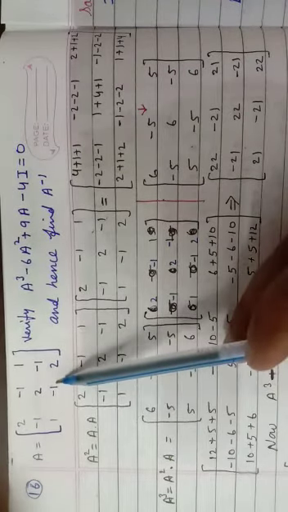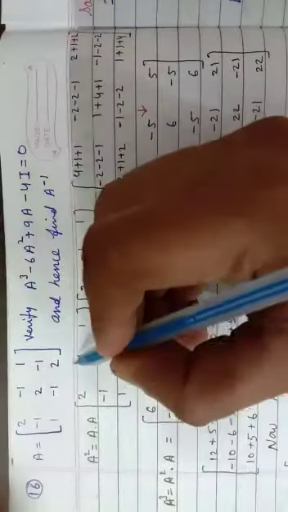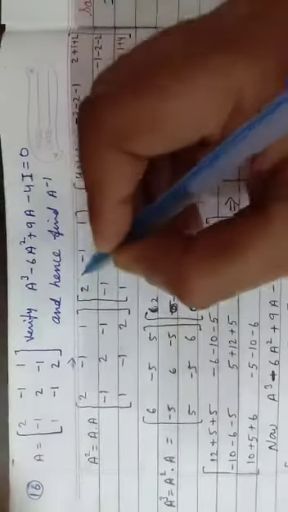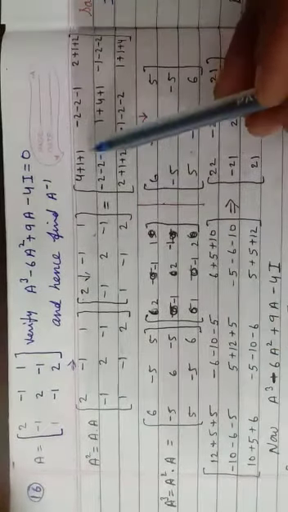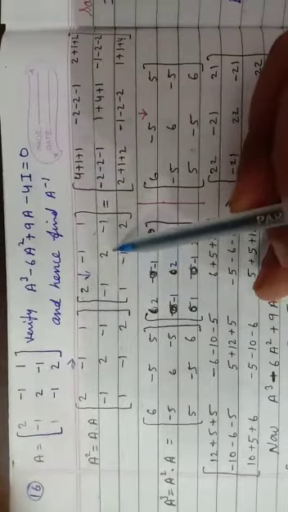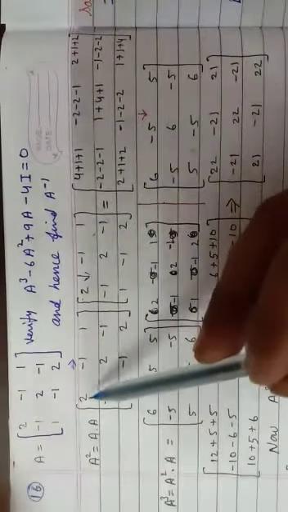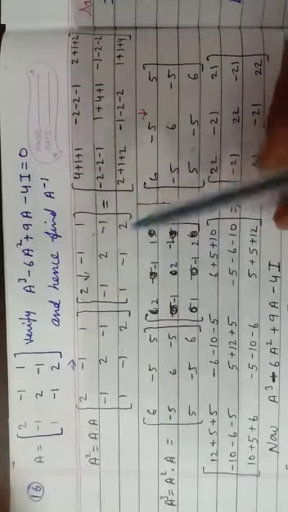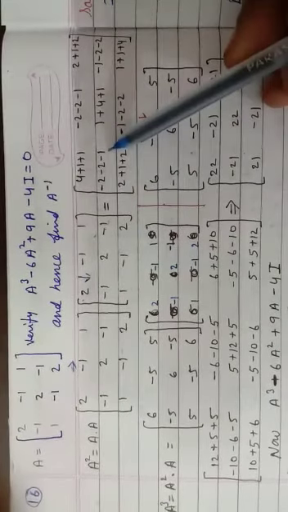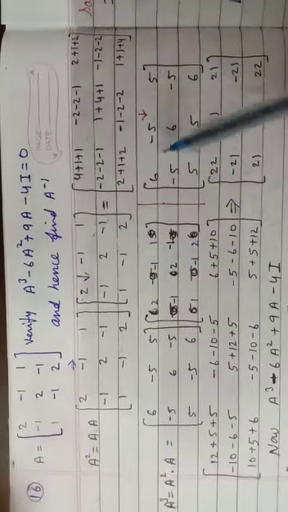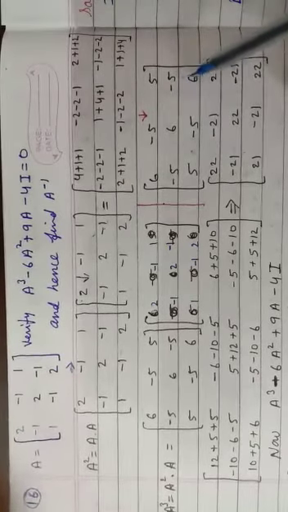Clear? You will write this matrix 2 times, and you know that to multiply the matrices means row and column. 2 into 2 minus 1 into minus 1, 1 into 1, then you will get 2 into minus 1, 1 minus 1 into 2, and 1 into minus 1, then you get the second column. And for the third column, first row, 2 into 1 minus 1 into minus 1, 1 into 2, then you will get the A13 element. After addition and subtraction, you will get 6, minus 5, 5, minus 5, 5, and 5, minus 5 and 6.